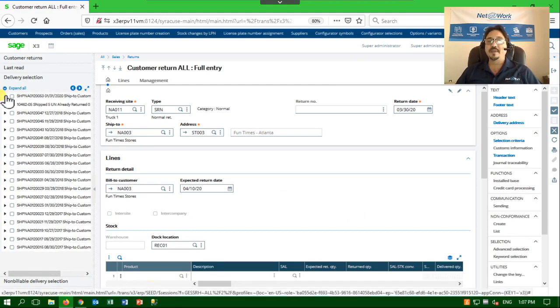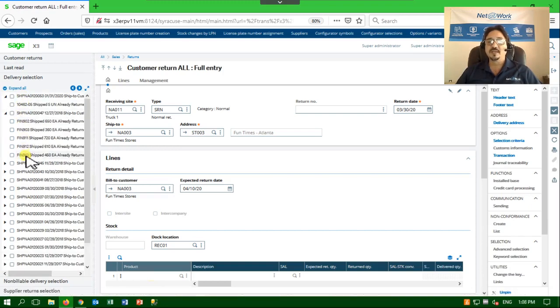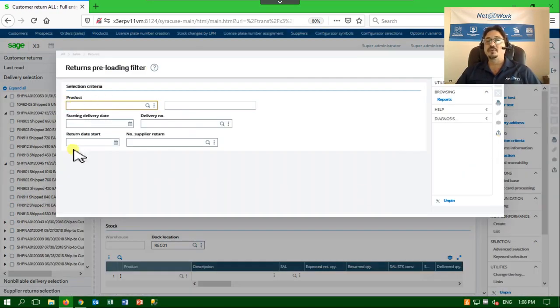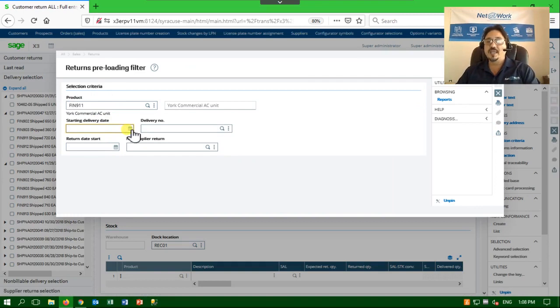I can select down. I can see that this delivery only had one item associated with it. This delivery had 5 items associated with it, so on and so forth. If I did not want to go through searching for this, I can easily come here to the selection criteria and start to filter information out, so that if I knew that the customer is returning this product and he says that he received the delivery sometime after November,